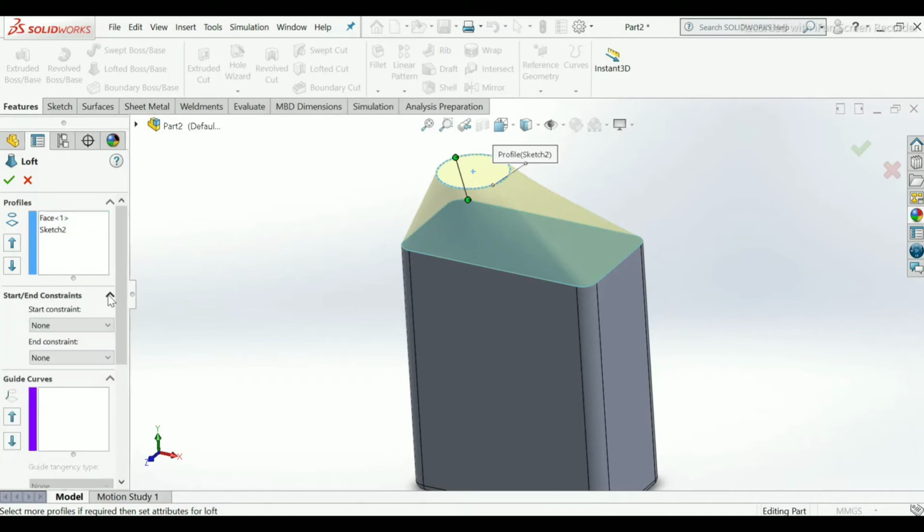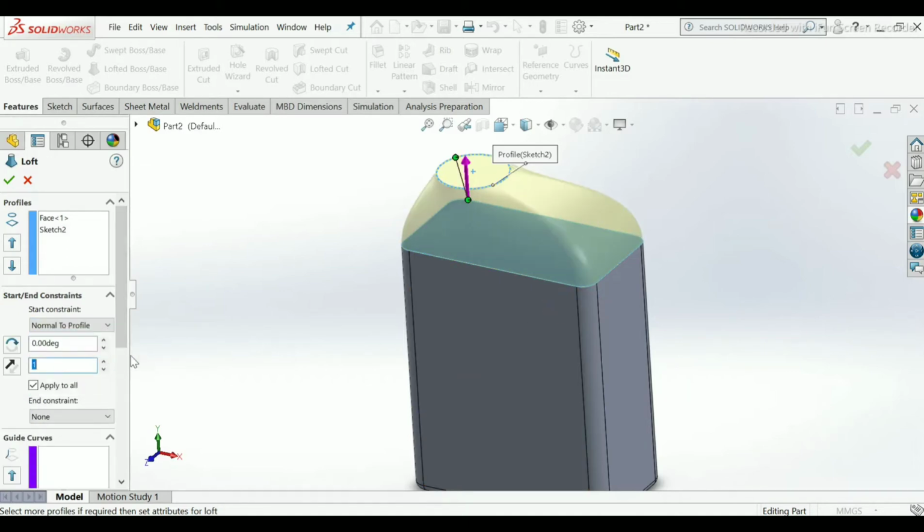Select this downward arrow. Start constraint will be from this top surface. I will make it normal to profile, means it creates a profile from 90 degree perpendicular. Angle will be 0 degree only.